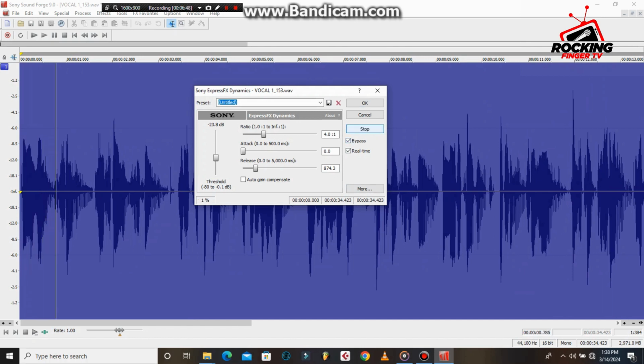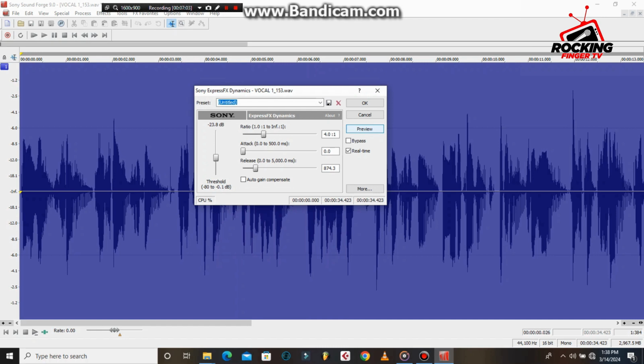This is the normal volume of this song before. But when I added the compressor, the volume has been brought down. But with the output, it should actually go up a little bit. I tried using the other digital audio station for this, but I don't know why it's not